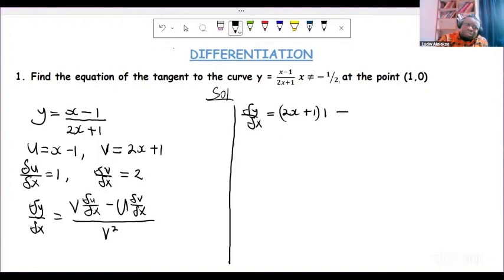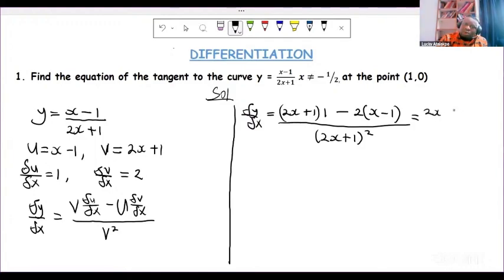Our u is x minus 1, so this is x minus 1. Then our dv/dx is 2, so permit me to put the 2 in front. So divided by v squared. Our v is 2x plus 1, so 2x plus 1 squared. Good. So if you expand the numerator, this will give you